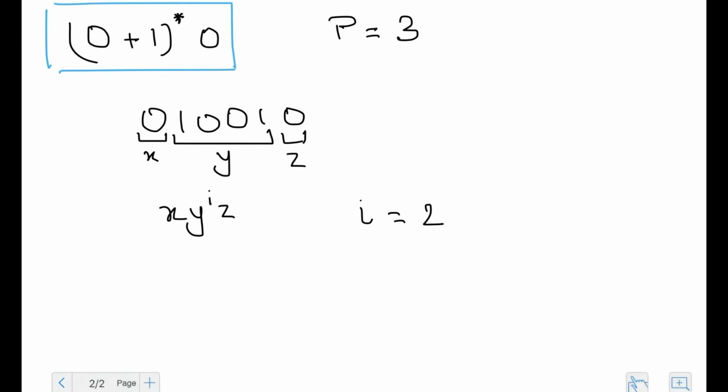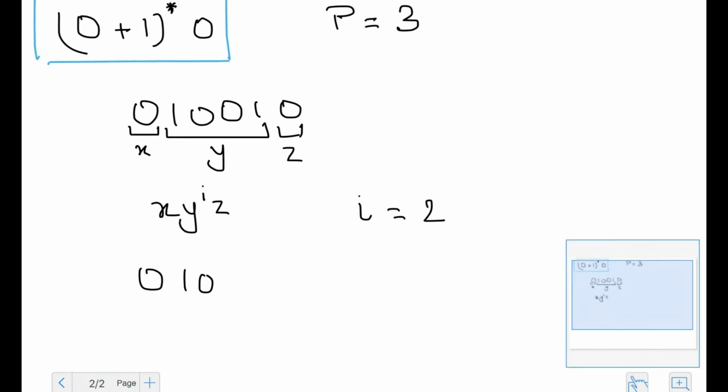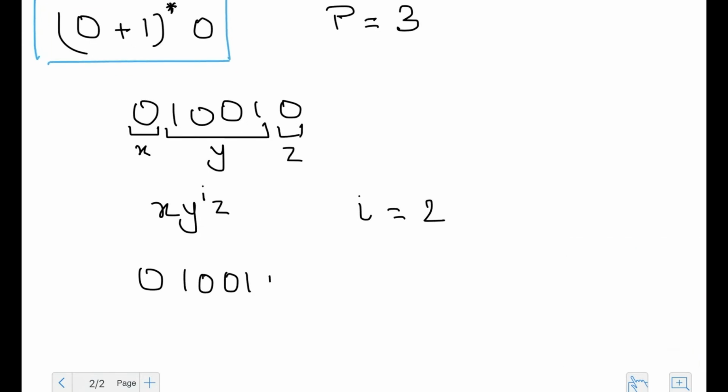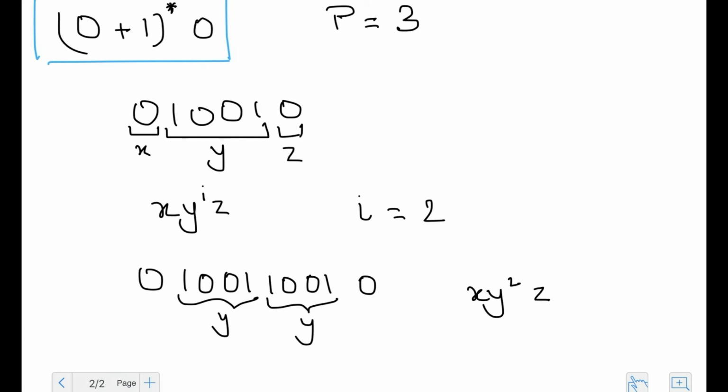So what happens here is I write y twice, so I write 1 0 1 0 0 1 and 1 0 0 1 again, and then a 0. So this is one y and this is another y, so that gives me x y squared z. And as you can see, this still belongs to the language at the top, which is all strings ending with 0. So that's what the pumping lemma says, that for any regular language I can always find some pumping length,